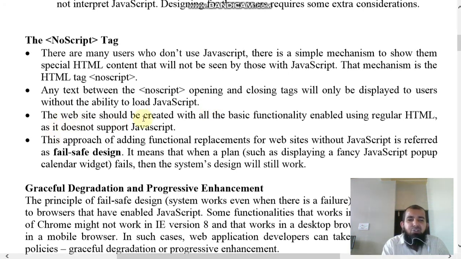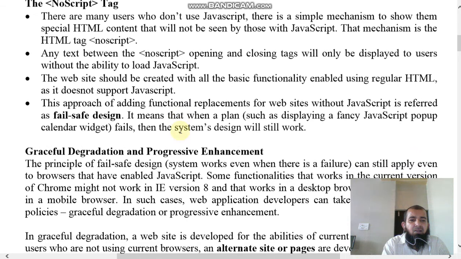The website should be created with all the basic functionality enabled using regular HTML, as it does not support JavaScript. This approach of adding a functional replacement for websites without JavaScript is referred to as fail-safe design.